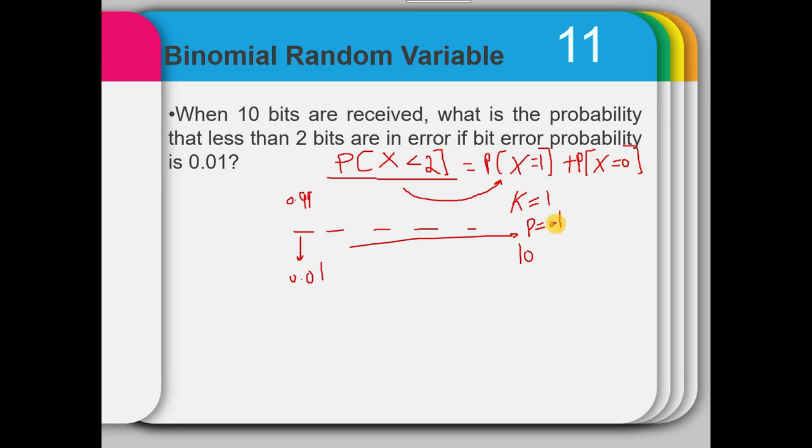So now I have 3 values that are required to solve a binomial problem: n, which is equal to 10, which is fixed; k is equal to 1, and p is equal to 0.01. So this is how I find out this value. Then to find out this value, I just replace k is equal to 0 and p is still 0.01. So if you notice, this was a binomial random variable. So in the future, when you see this kind of problem, it will be your goal to assess whether this random variable is actually a binomial random variable.